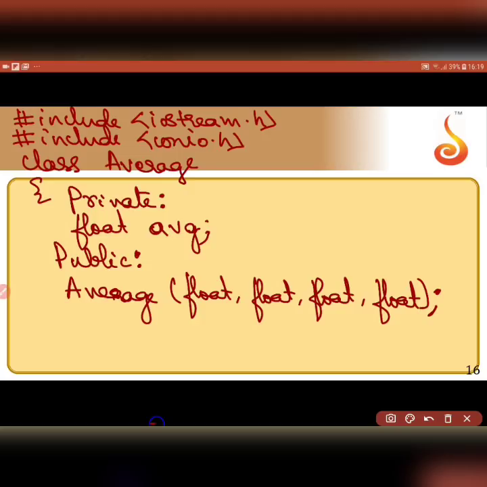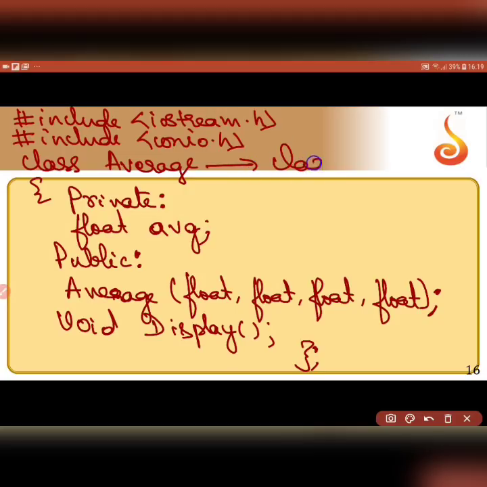Only constructors are functions which do not have any return type. So let me have one more function, a member function, void the return type and display. I am not passing any arguments to it and it is not going to return any argument. So this is my class, in which this is the class, this and this are access specifiers,